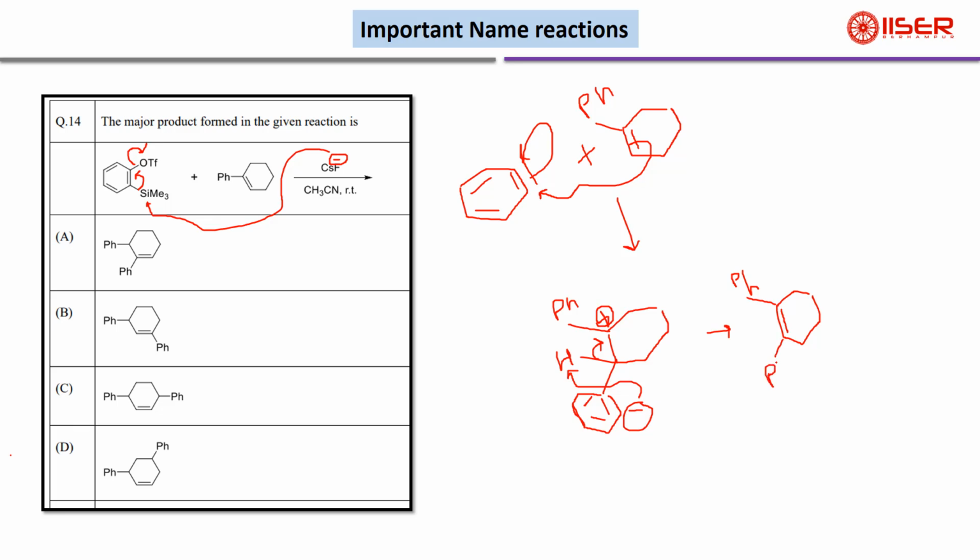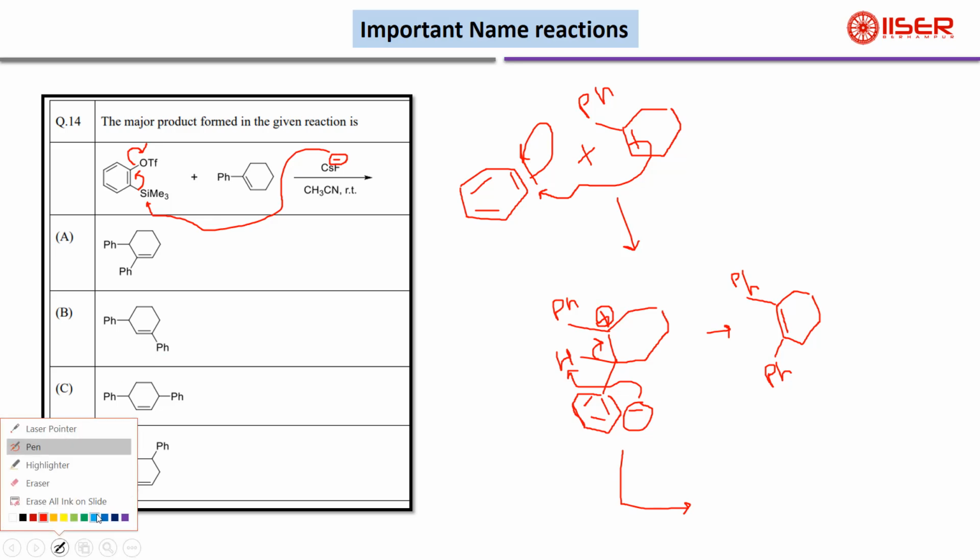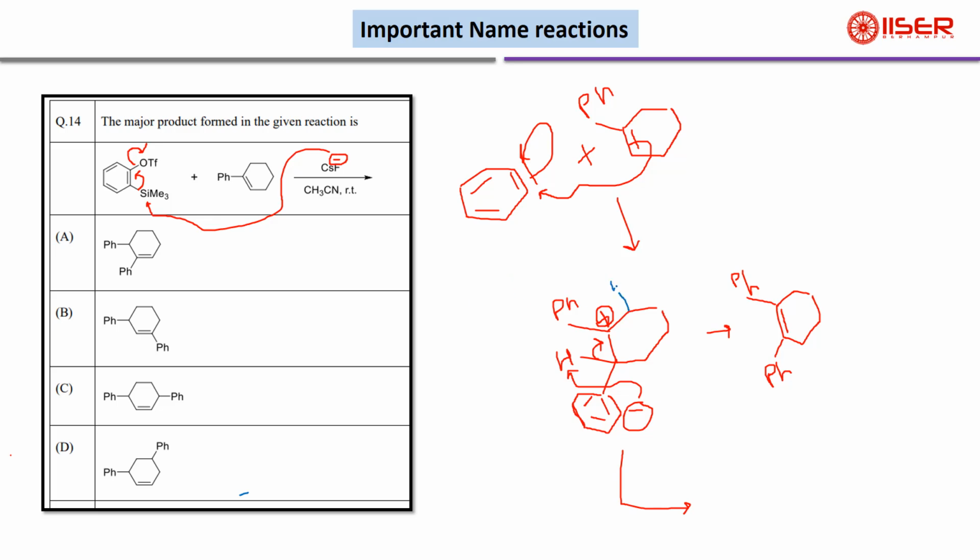This is the probability. Another probability, because we have to see whether the product is there or not. There is no such product like this. So there is another probability. If we take a proton from this, there is a proton here also to neutralize this positive charge. So if you take the proton from here, then the product formed is